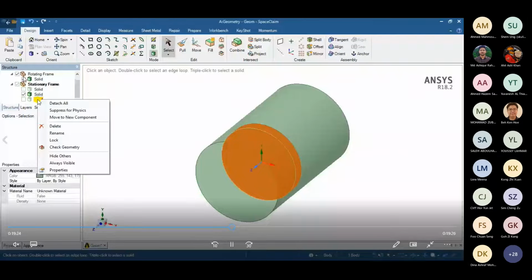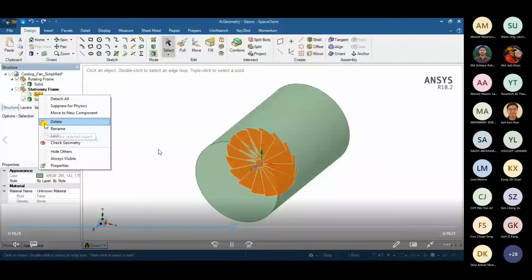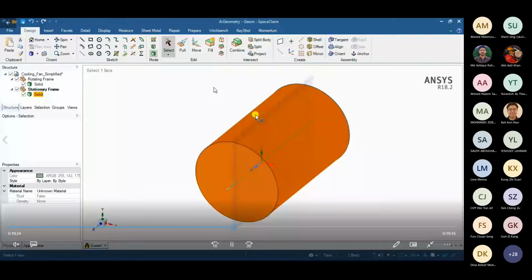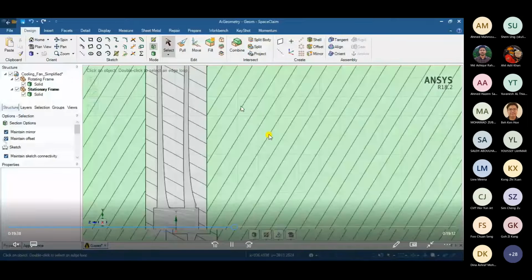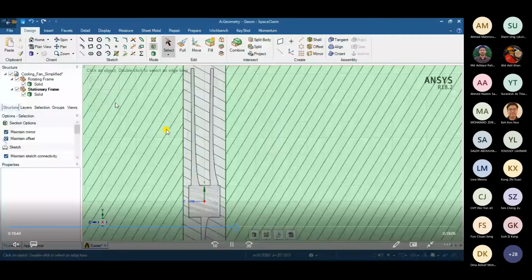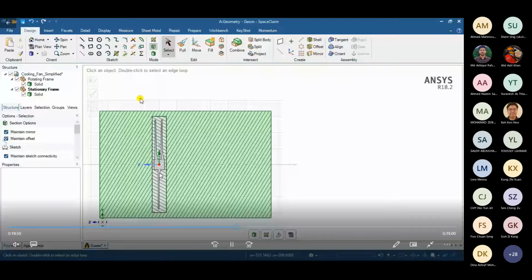And when I select this part and look at the section view of it, you would see that my section view also shows the rotating frame that was previously mentioned in the rotating frame component, my stationary frame is also represented, and the vacancy of the fan body or impeller body is shown. So majorly, this is how you do the geometrical cleanup. Now we'll quickly move to the meshing part.